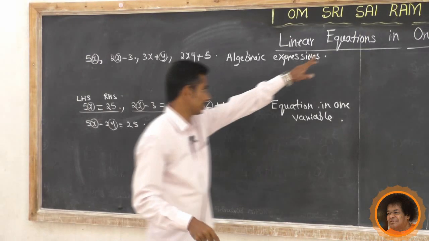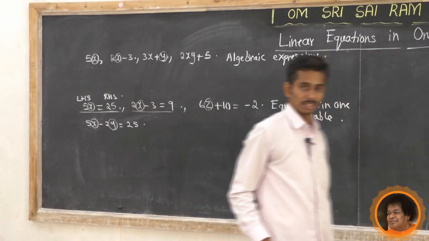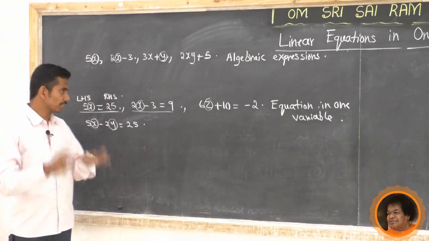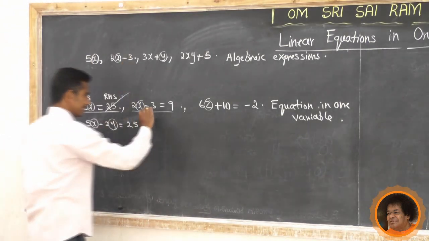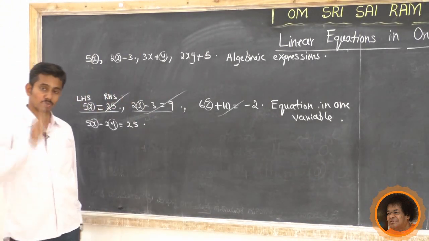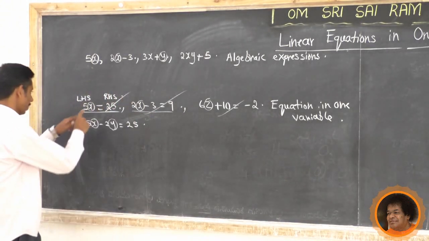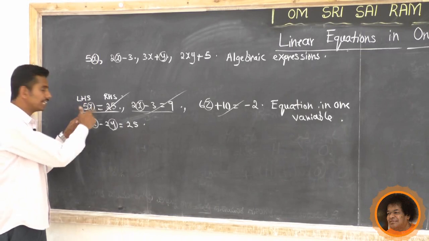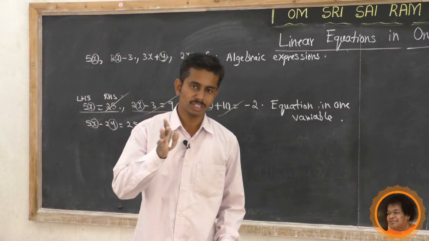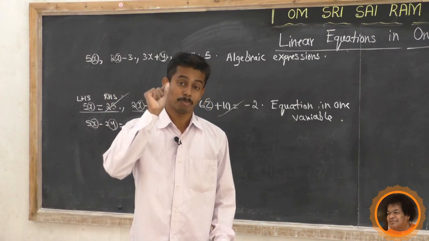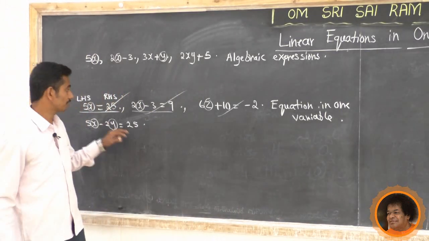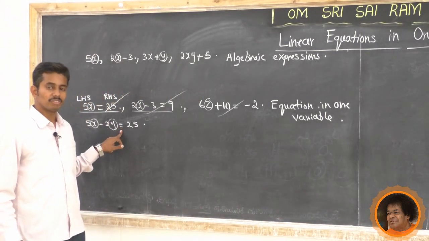Now this chapter is equation in one variable. Now another term given, linear equation. What is a linear equation? It is a linear equation. It is also a linear equation. It is also a linear equation. Why is it called a linear equation in one variable? Because of the degree of the equation. What is the degree of the equation? Degree of the equation means find the power of the variable. Only one variable is present. Find the highest power of the variable, then we get the degree.